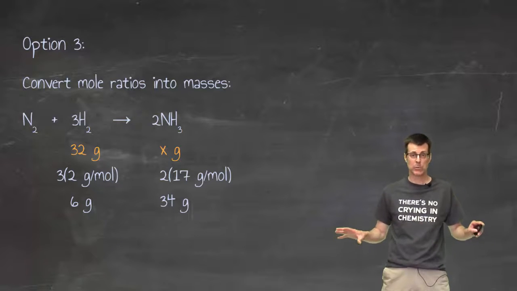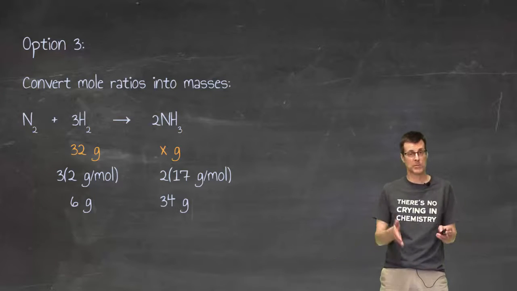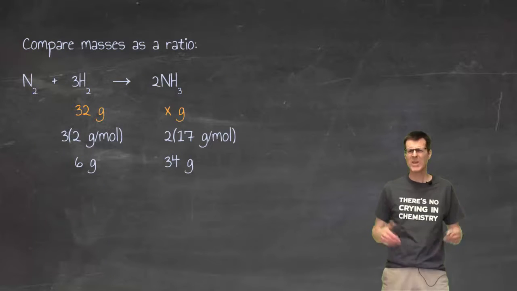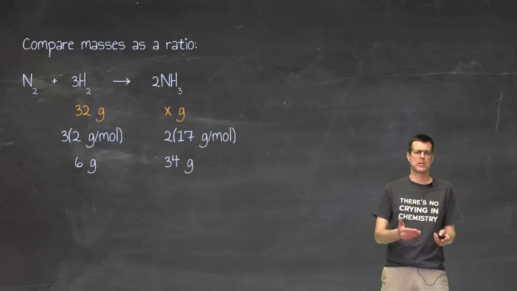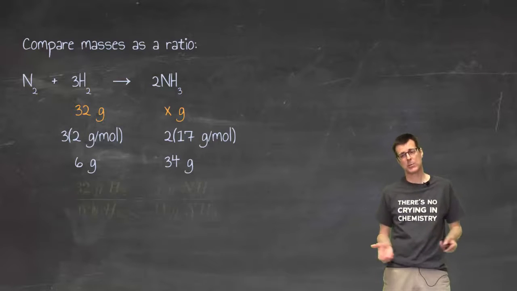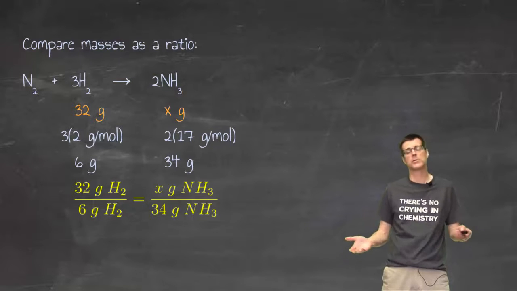Exactly the same reaction, exactly the same balancing coefficients. It's just that now, instead of talking about numbers of particles or numbers of moles, it tells me mass. Then I want to take the thing that I'm looking for and the thing that I have and set up a ratio. So now 32 grams of hydrogen over the 6 grams of hydrogen is equal to the unknown amount over the 34